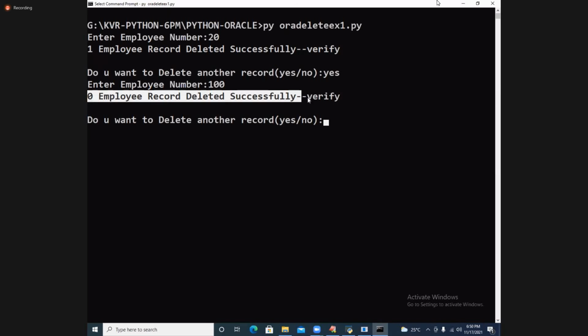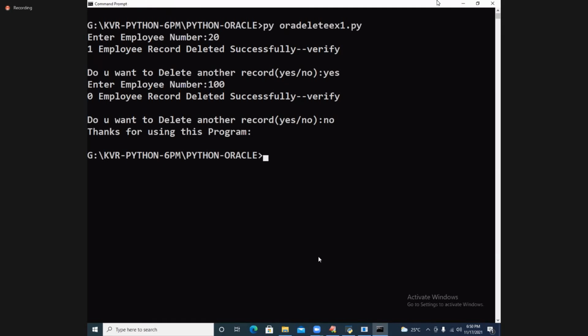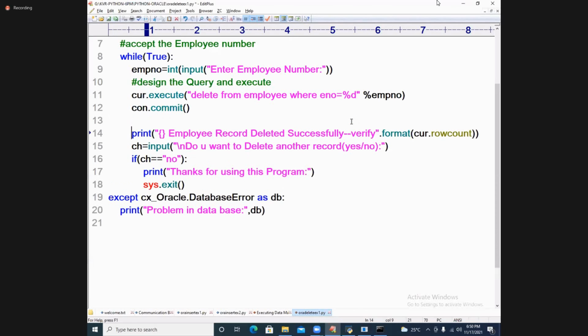Because this is not a good message, I want to say when row count is 0, record is not deleted. When row count is more than 0, record is deleted. More operation. See that in the same program I will do this, student. Please look at this. Here I am writing, my dear student: if cur.rowcount greater than 0, say employee record